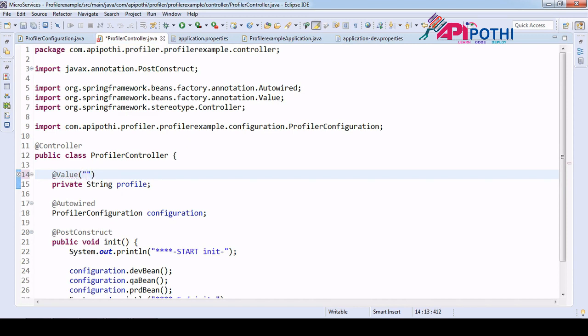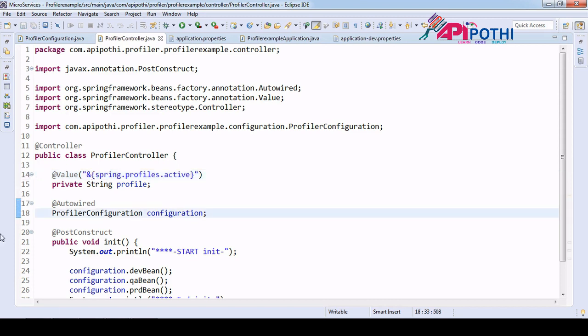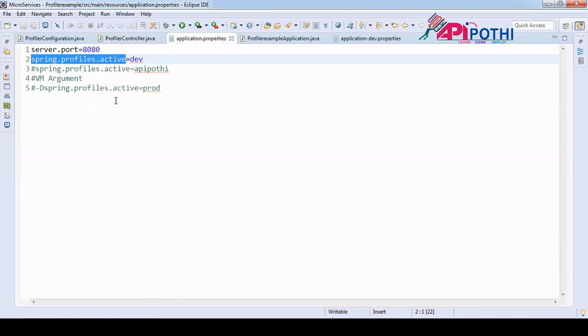And this is taken care of by the $ and the curly braces. Okay, so how it will run is, as soon as it runs, it will read the spring profile active data from my default configuration. Here it is dev.